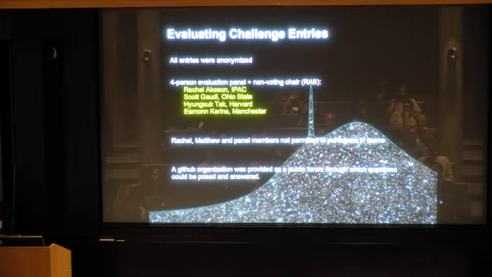The voting members of the panel are listed there, including both experts from microlensing itself, from computation and data reduction, and an invited expert on informatics and statistics. Both myself, Matthew, and the panel members were not allowed to interact with or advise the teams or participate in them. The GitHub forum provided a public forum for them to ask questions where necessary, and all of the answers were posted publicly as well.